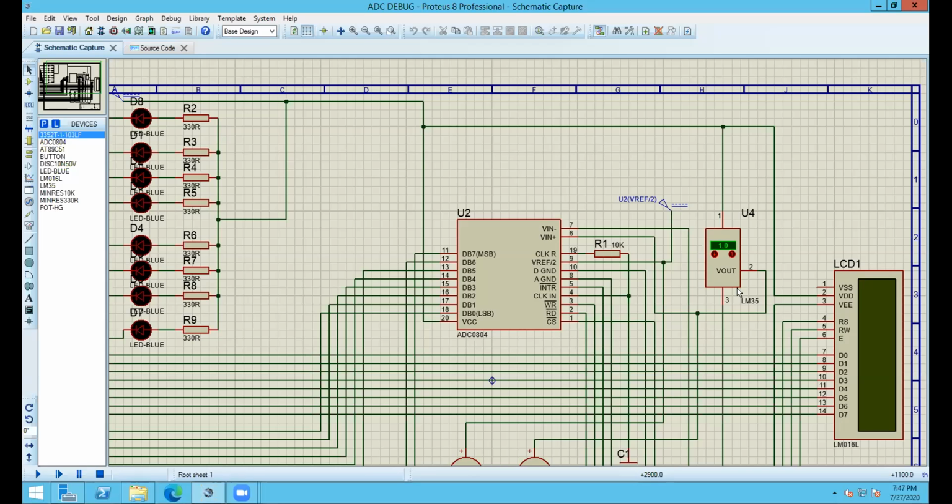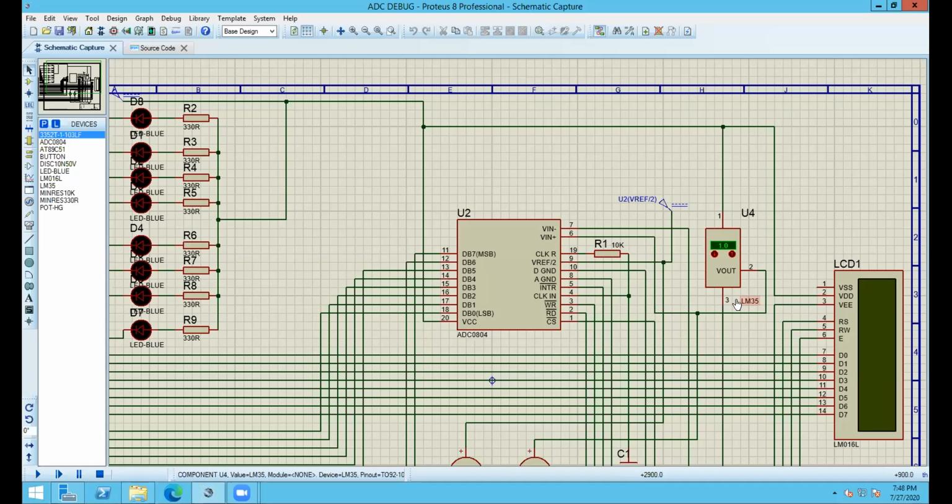Okay. For LM35, there is a vast output range. So in our test case, we will consider the output from 0 degrees Celsius to 100 degrees Celsius. For 0 degrees Celsius, this will give an output of 0 volt. For 100 degrees Celsius, this will give an output of 1 volt.